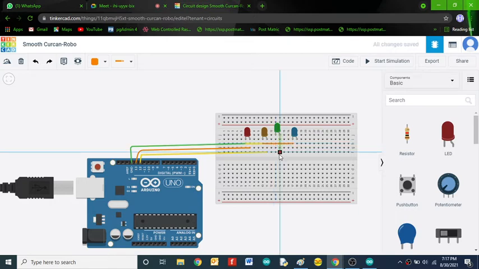So now the positive terminal of the LED should be connected to the 11 pin on Arduino, and the fourth LED positive pin is connected with the 10th pin on Arduino.